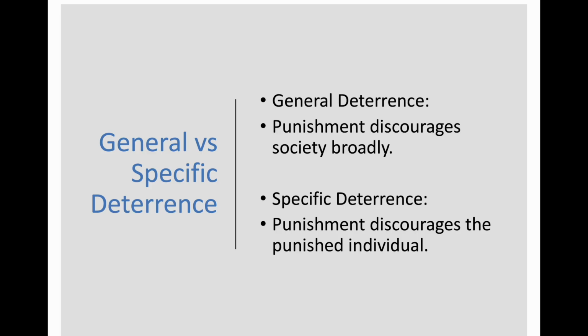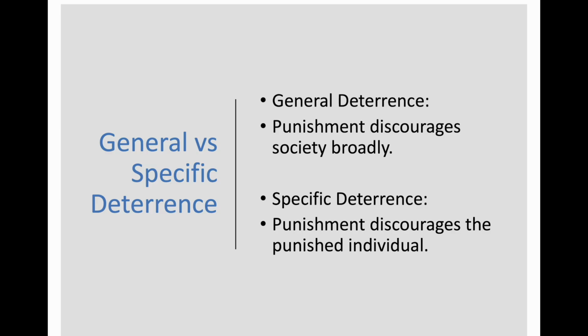General deterrence refers to the idea that punishment discourages crime among the broader public. The key mechanism is observation and perception. Individuals observe punishment happening to others, or they become aware of an enforcement practice, and then they decide not to offend because of the fear of experiencing similar punishment themselves. In other words, the punishment of one individual sends a message to many others.